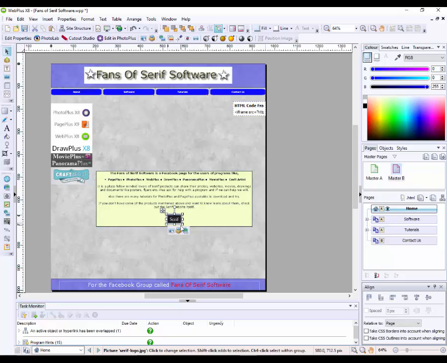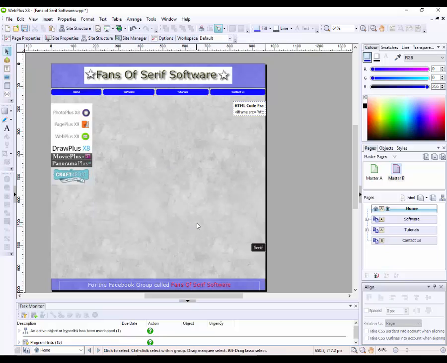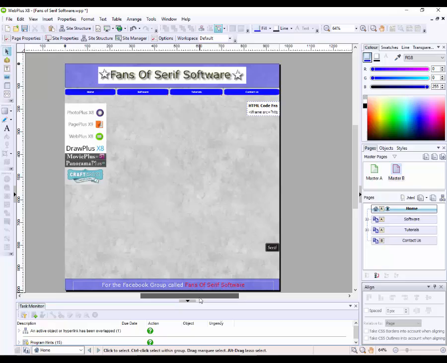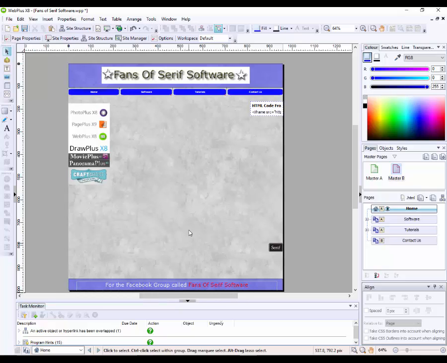Click on the serif logo, and I'm going to drag that over there, and then delete that one altogether just by pressing the delete key once you've highlighted it. And then I'm going to make a text box